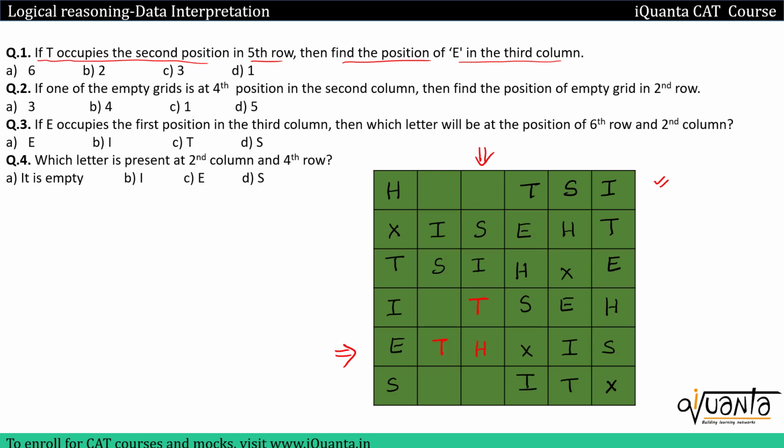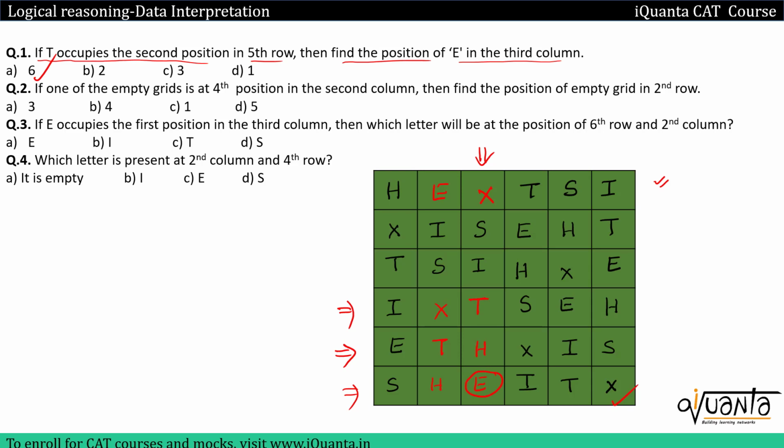So I already have a cross in this particular row, so I cannot have a cross over here. I will have a cross over here, only one letter remains, that is E, it will come over here. So I'll put E over here. Now in this particular row I have only one space left, it will be for H. In this particular row I have only one space remaining, it will be for a cross, and then here I will place E. So I need to answer position of E in the third column, so it is at last position, which is the sixth, so option A will be the correct answer.